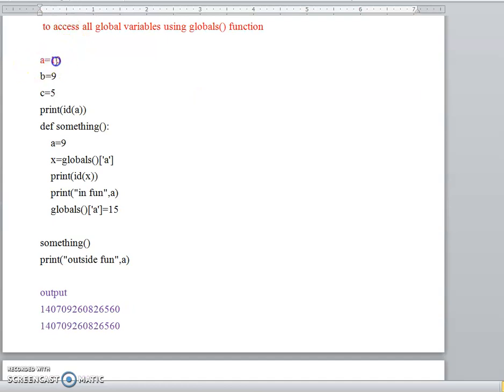I have declared so many global variables. See here, A, B, C, all are present in the main program, so they are not inside the function. So all are considered as global variables. In that case, if you want to access all the global variables within the function, then you have